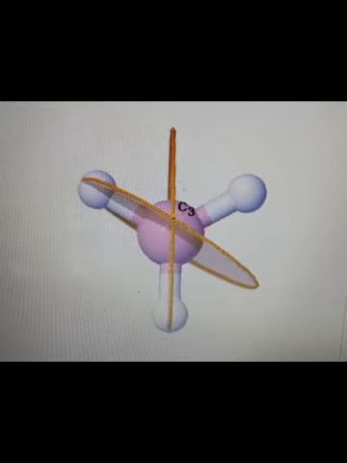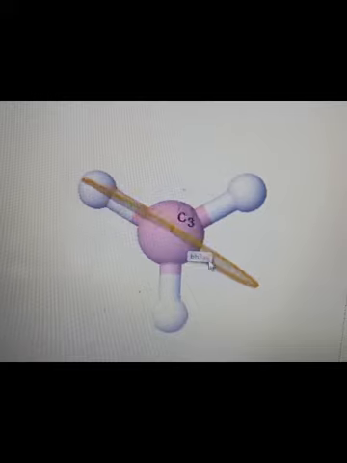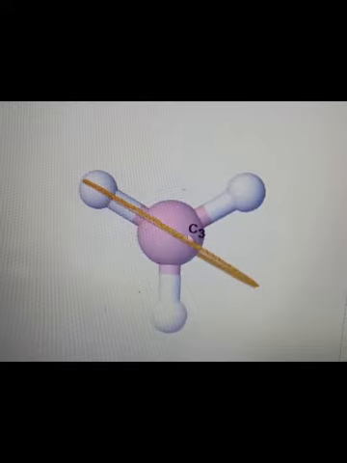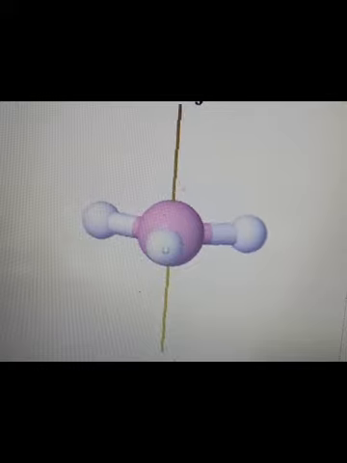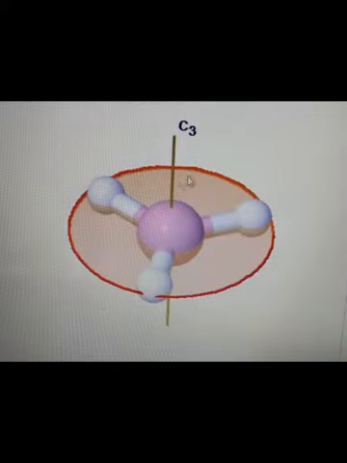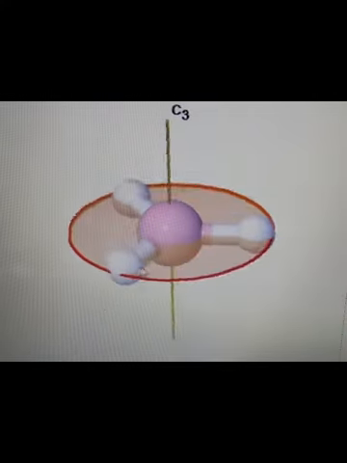We already know what a sigma V is, that is, what a plane of symmetry is. If a reflection is taking place from the center of the molecule, it should have 2 equal halves, or the first half should reflect to the second half. This is what we know regarding the reflection or plane of symmetry. And if you look at the sigma H, it should be perpendicular. We know that this is the axis where your C3 is present. To this it should be perpendicular. Now this is how the perpendicular plane is present in the case of your BH3 molecule.